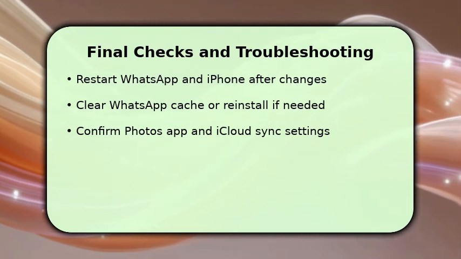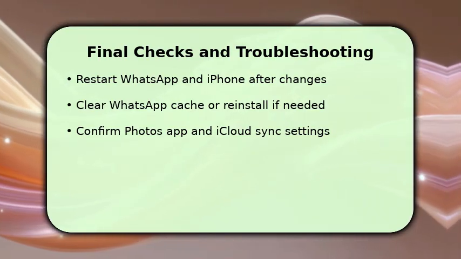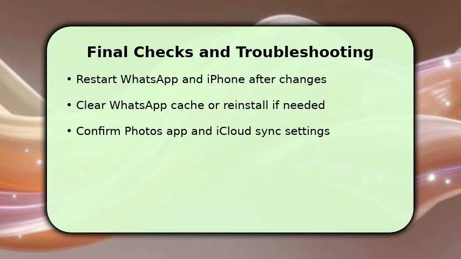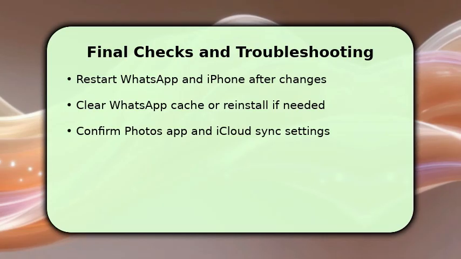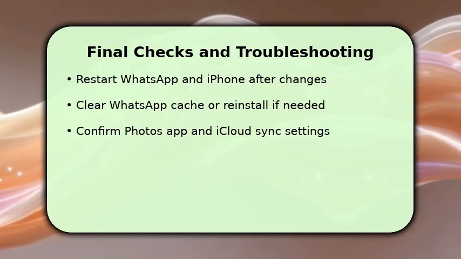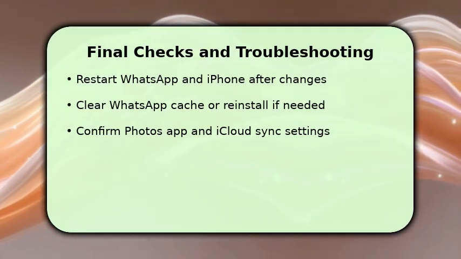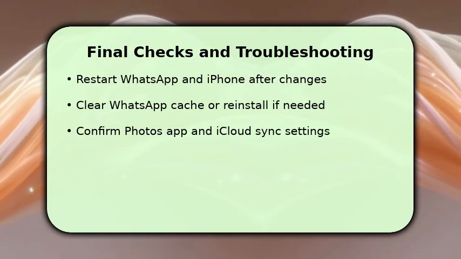If images still appear, clear WhatsApp cache or reinstall the app, but back up chats first so you don't lose messages. Also check iCloud Photos and any third-party gallery apps that might import images, and disable their auto-import. If a photo persists, long press it in Photos and inspect the source. Sometimes attachments were already saved before changes. That single troubleshooting tip usually